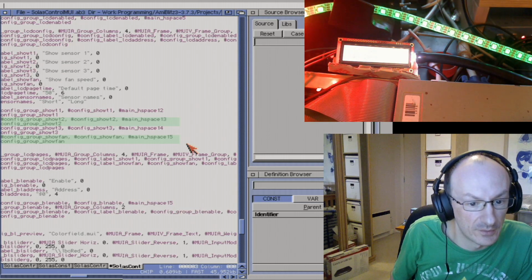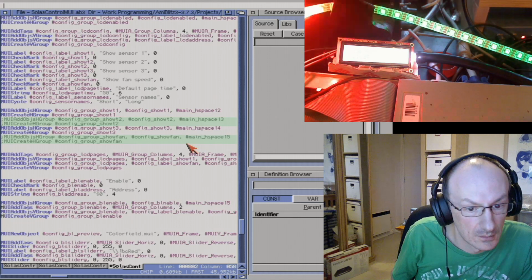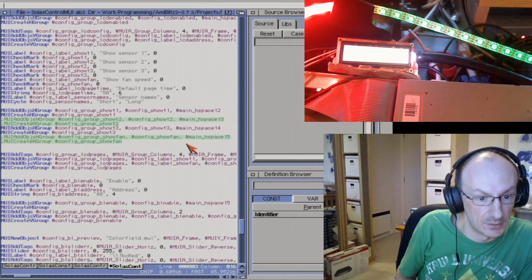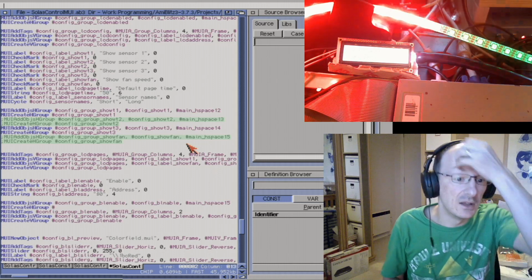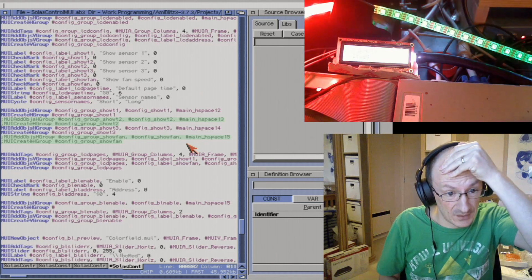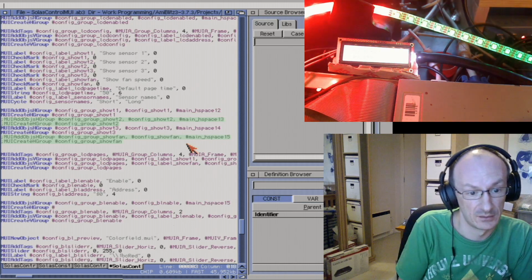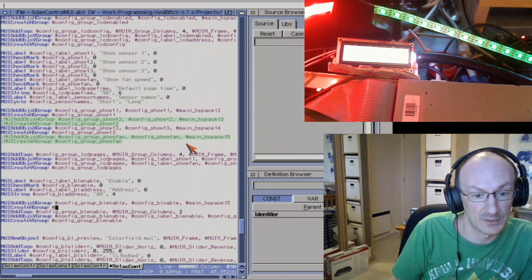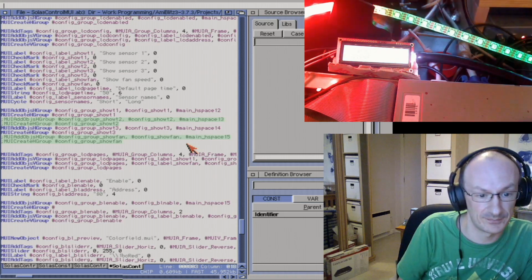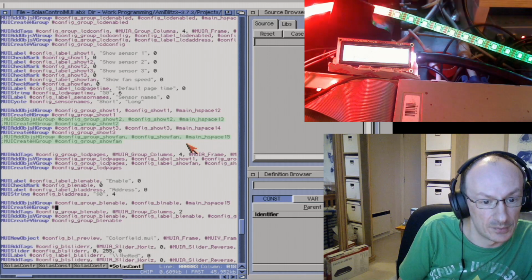Oh, and one more very important thing. Where did I put that? Because you have to create the group. What all that does in C terms, people might be more familiar with programming MUI in C, this just sets up your tag list, and this is actually creating the definition and giving it to MUI to deal with. And gives it a reference object number, so it can be referenced when you're building the window. So this group is config